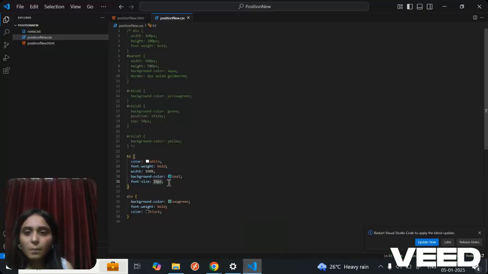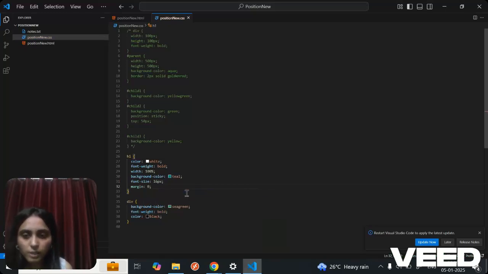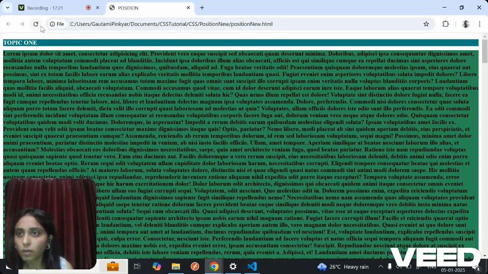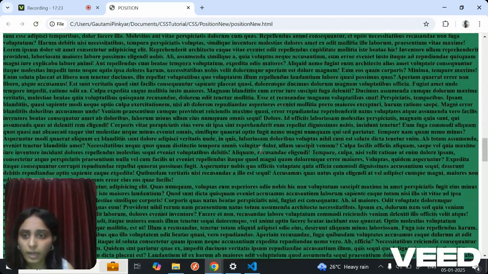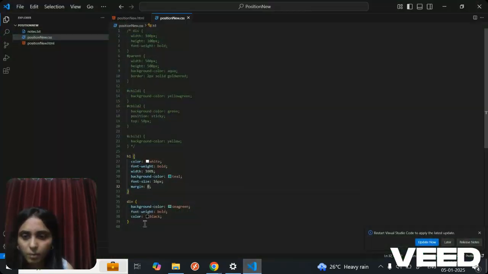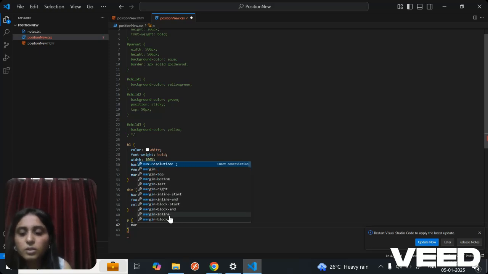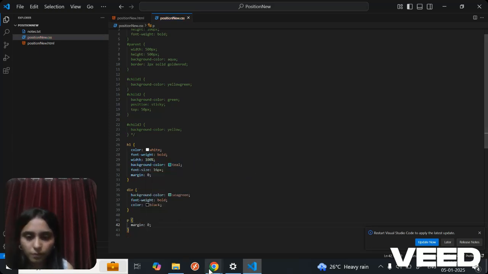Now let me give the margin over here as 0 because I don't have to give the margin. Okay, so I'll give the margin as 0. One more thing is that here also there is a space, so let me give a paragraph, and inside the paragraph let me give the margin as 0 again.